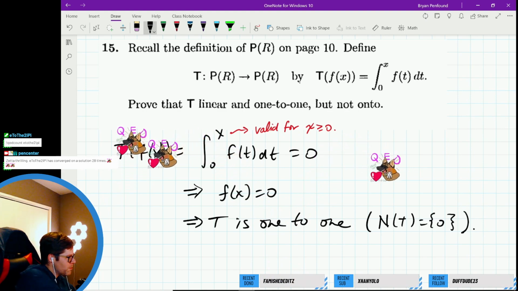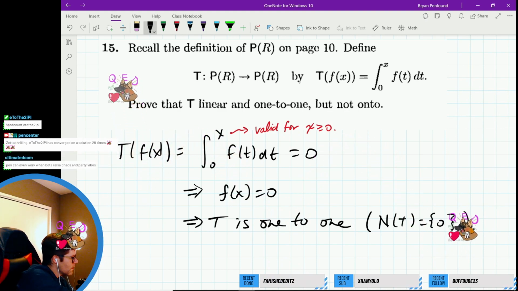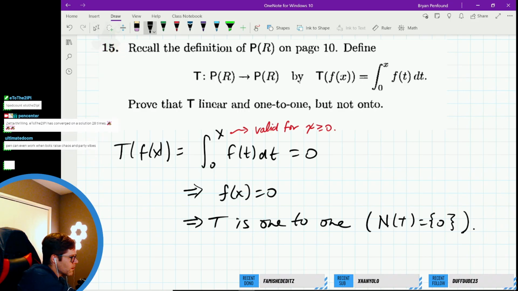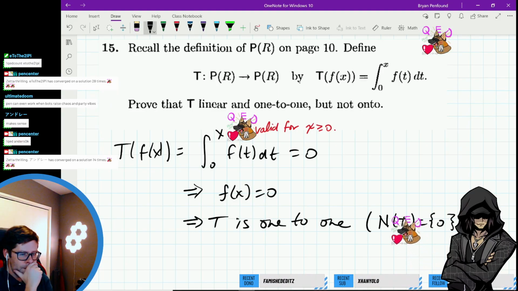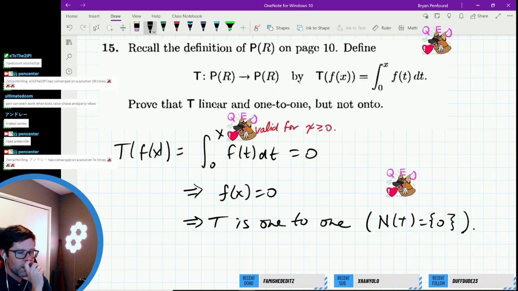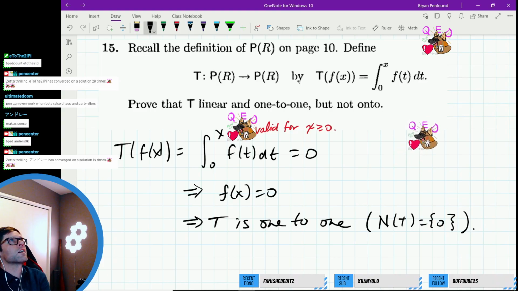QED. So that makes sense to me, but not onto. So to show that it's not onto,